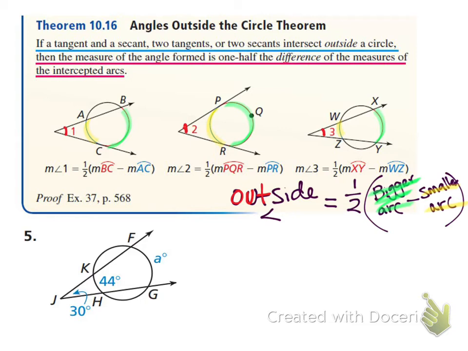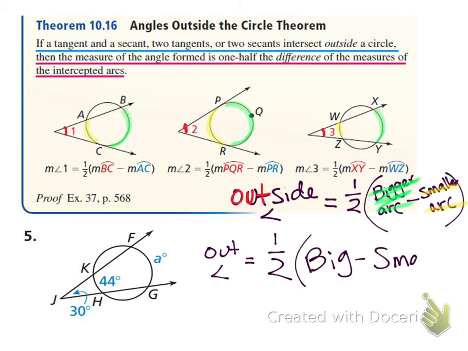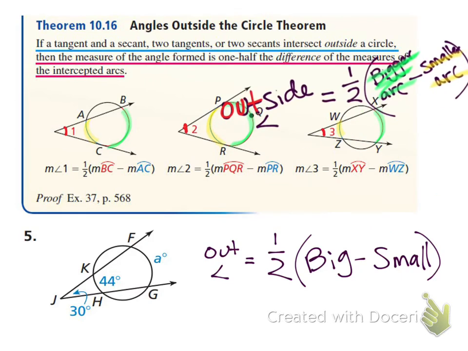So we're going to use this formula here because what kind of lines are intersecting this circle in our example? Secant. 2 secants. So we're going to use this formula. The outside angle will equal 1/2 times the bigger arc minus the smaller arc. You don't have to write this formula every time or ever if you don't want to, but it is helpful